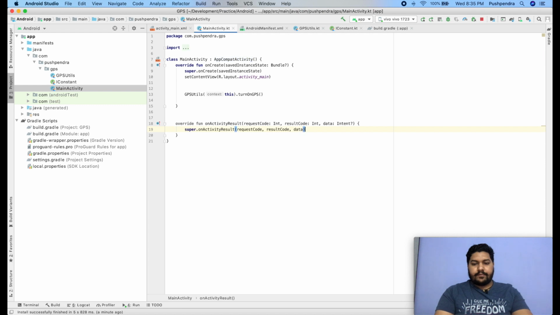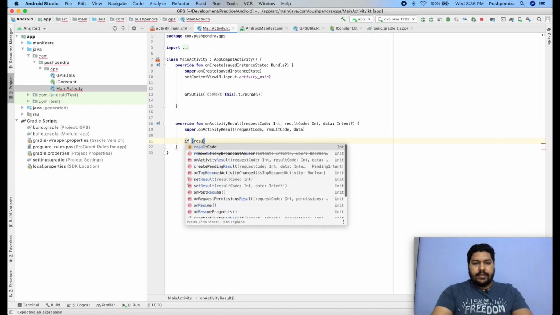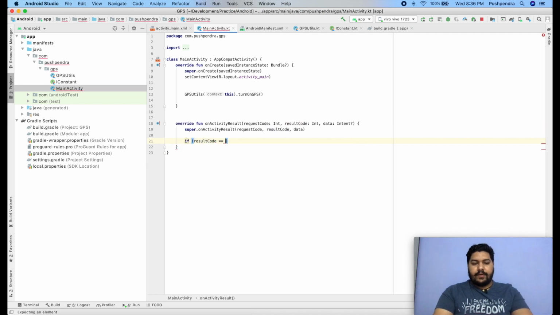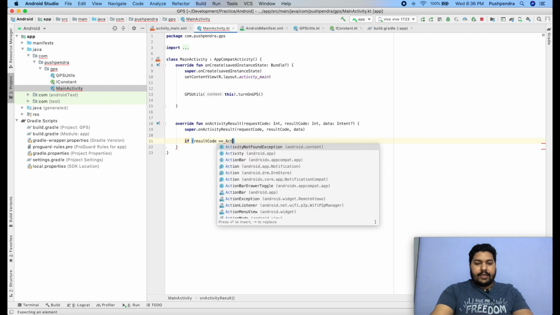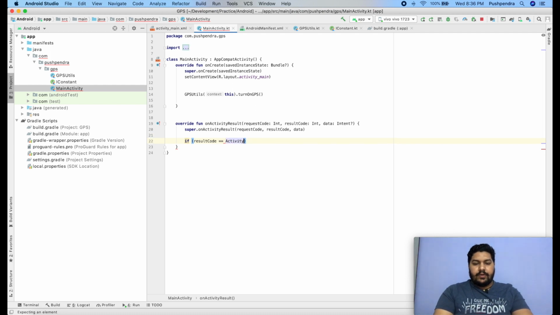Okay, and inside that we have to check first if result code double equals activity dot okay result. Okay, then we will go inside that.